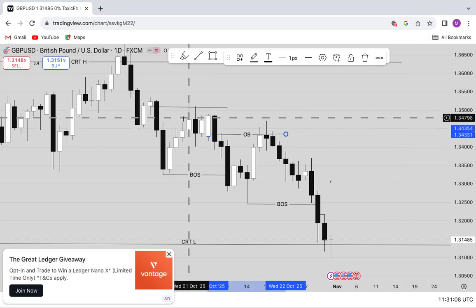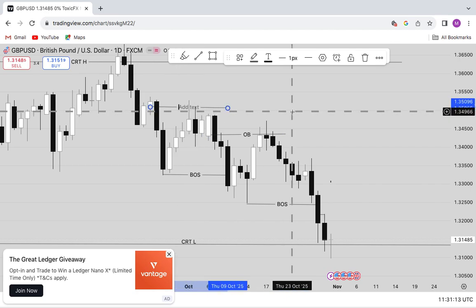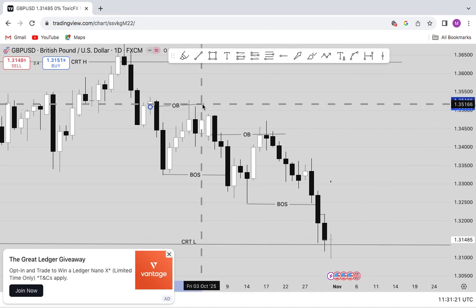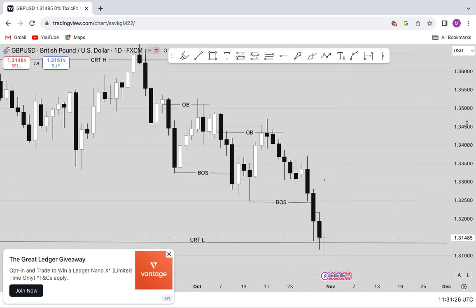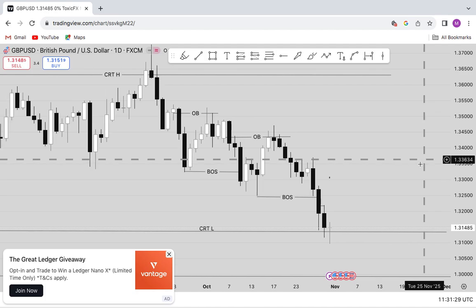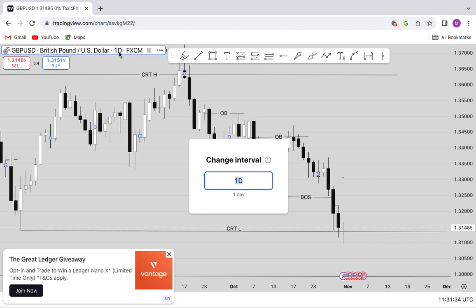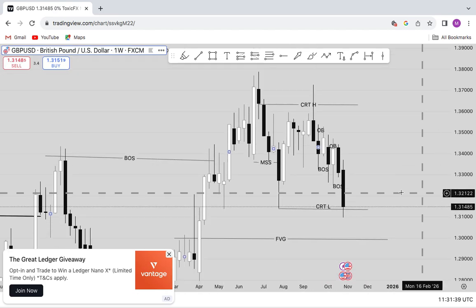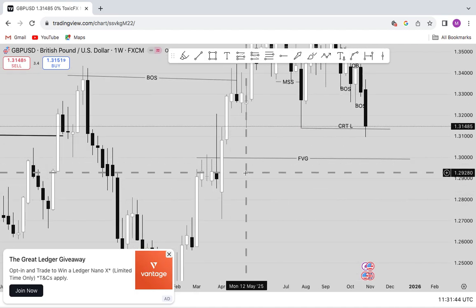I do trade SMC combined with CRT, but I mostly trade CRT most of the time. So if price is presently reacting on my monthly CRT target, what am I expected to see? On the higher time frame, I was anticipating a fair value gap. So let's check on that fair value gap on the weekly time frame firstly to see where the fair value gap lies. As you can see guys, this was the fair value gap we were anticipating on the monthly